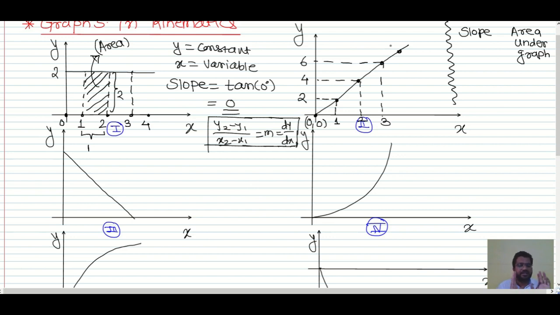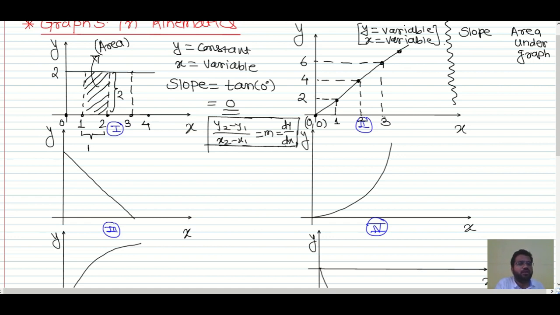That means here y is variable as well as x is variable. Means both the axis quantities are variable over here. Okay. Now how this is varying? In what manner we can say? Whether it is uniform, whether it is non-uniform or what, that is what we have to see over here. Okay, we'll check. So x is equal to 1, y we have 2, x is equal to 2,